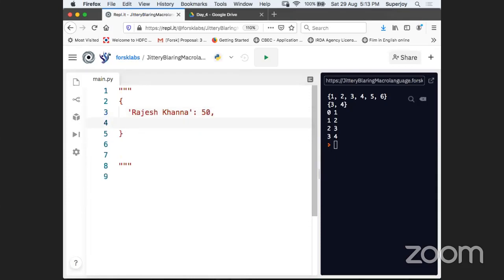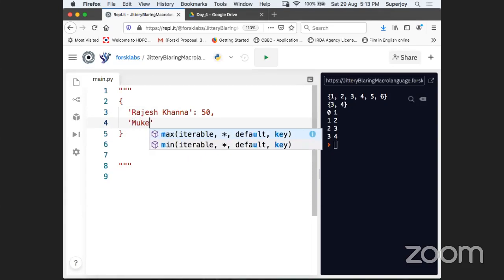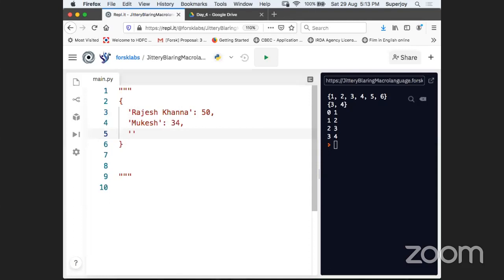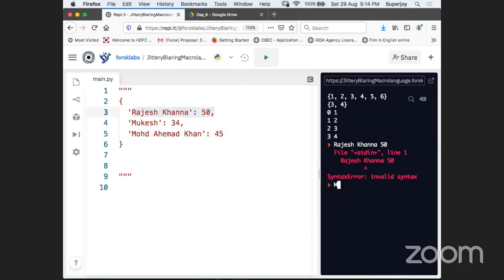Then, for example, Mukesh 34. Then Muhammad Ahmed Khan, 45.